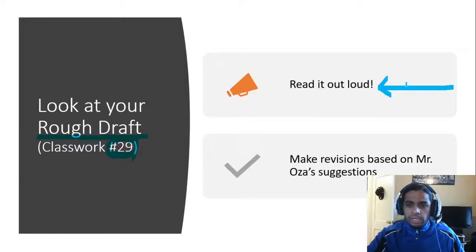All right, read it out loud at least once. Honestly, I recommend read it out loud once, make a few improvements, take a 5-minute break, get your mind on something else, and then come back 5 minutes later and read it again, and you might notice even more areas for improvement. All right, so definitely take a moment to read it out loud at least once, but 2 or 3 times, and you're really going to see a lot of improvement in your writing.